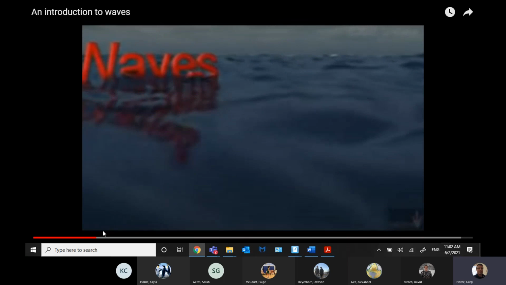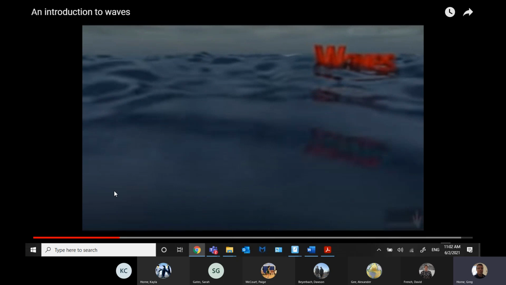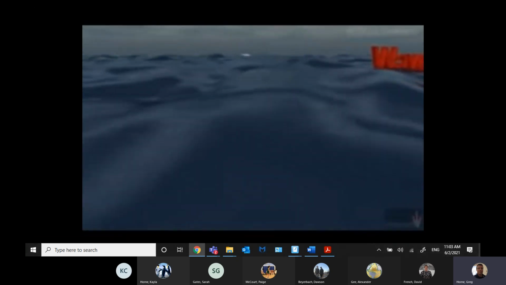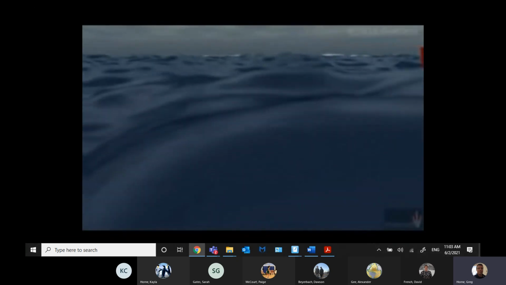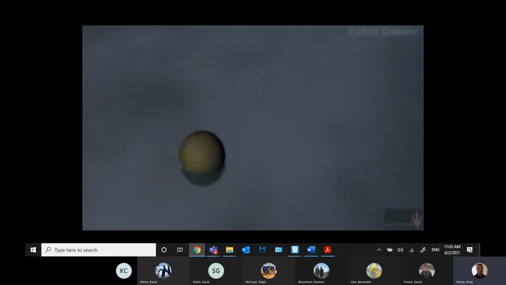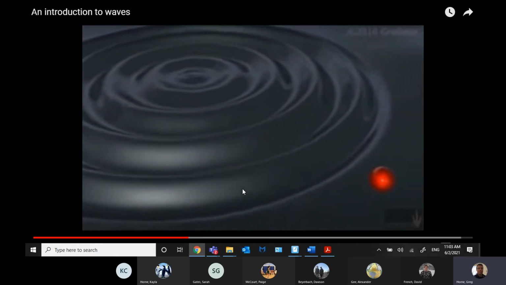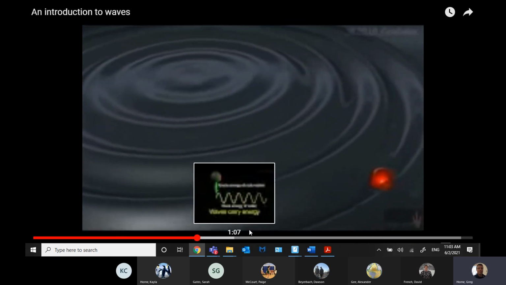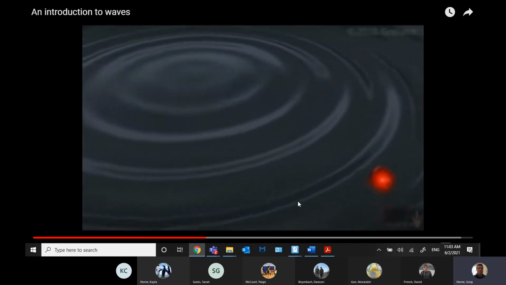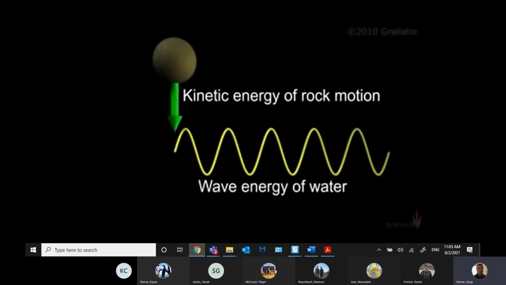Hold it slow. For the sea when waves are mentioned. If you look at the motion of a wave, it appears to be travelling in a definite direction. But does it carry anything with it? You can do an experiment to look at what happens when we generate a wave by dropping a stone in a pond. As the stone hits the water and sinks, it creates a set of circular waves that radiate out from the point of impact. Your waves can move objects in the water or at its edge. To do this, they need to possess energy. So where does this energy come from? Well, some of the kinetic energy the rock has as it hits the pond is converted into energy that is carried away by the waves.